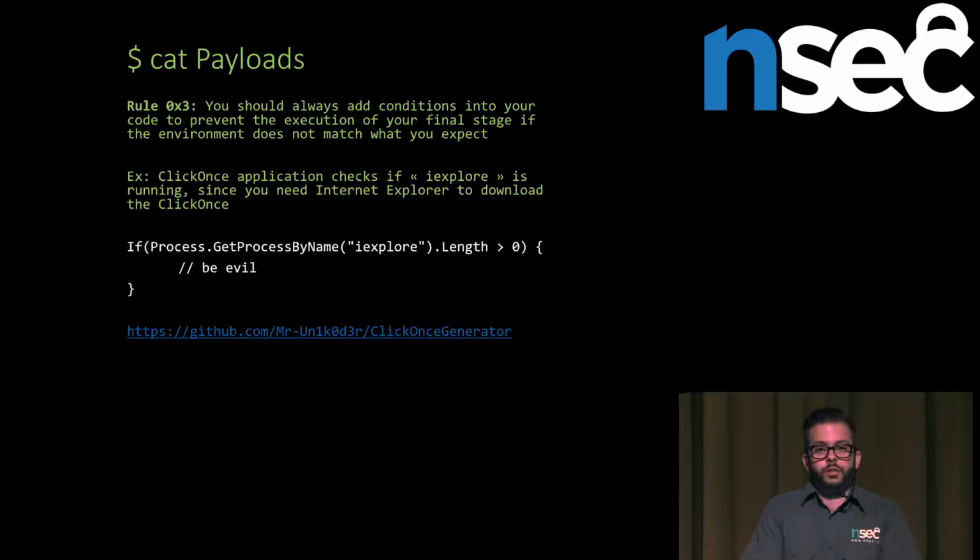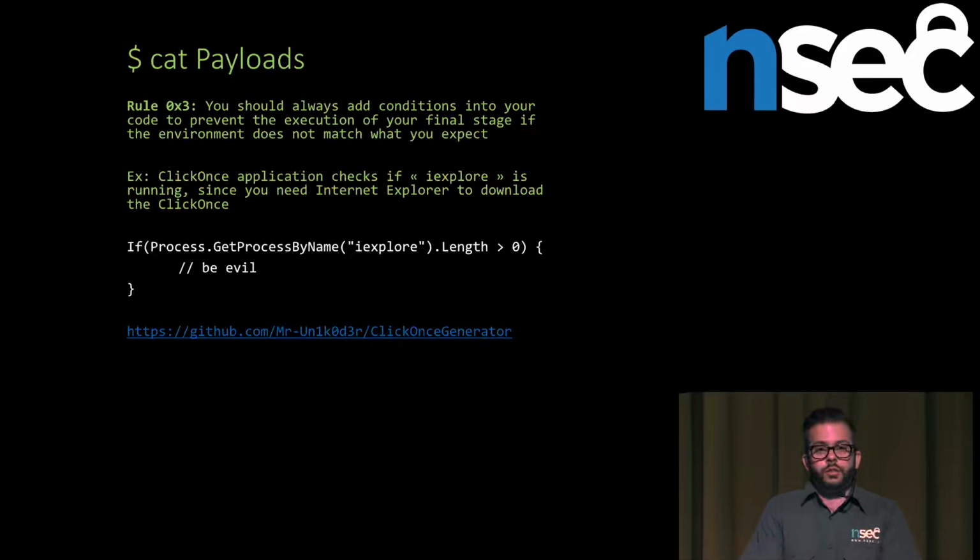Time zone. If you're targeting a Canadian company and you know exactly which time zone they are in, there's no reason to have a weird time zone from a different country, right? So it may be another sign that you're running your code in a shady environment. Detecting hooks: there are a bunch of sandboxes that have hooks, and they're going to fake some answers. So if you ask for a specific Windows API, they may force an answer, but there's actually a way to detect hooks, so you can detect that the function was hooked and just abort if it's the case.